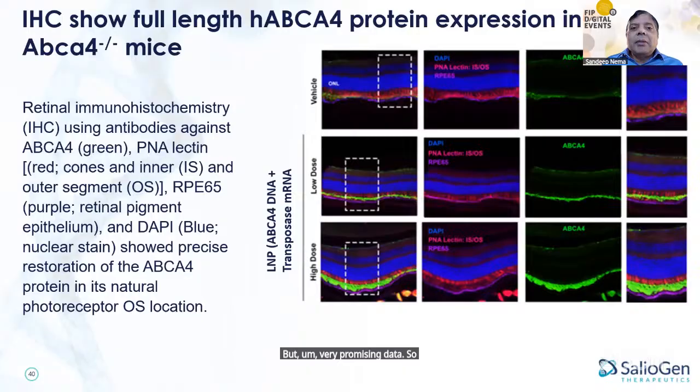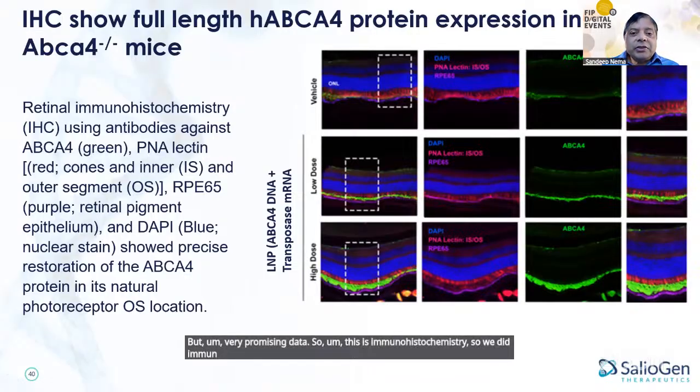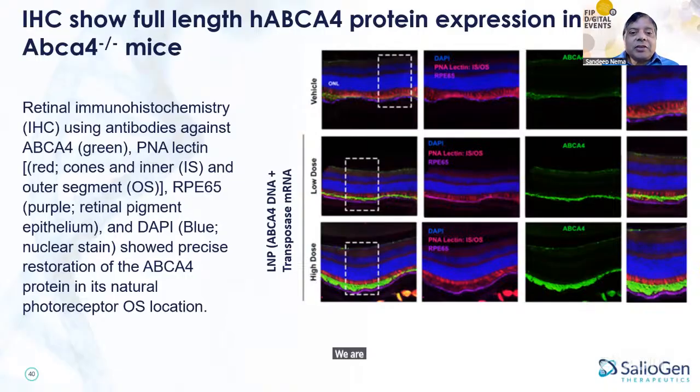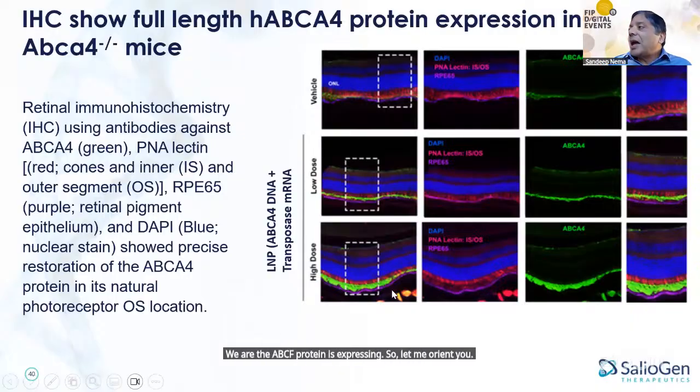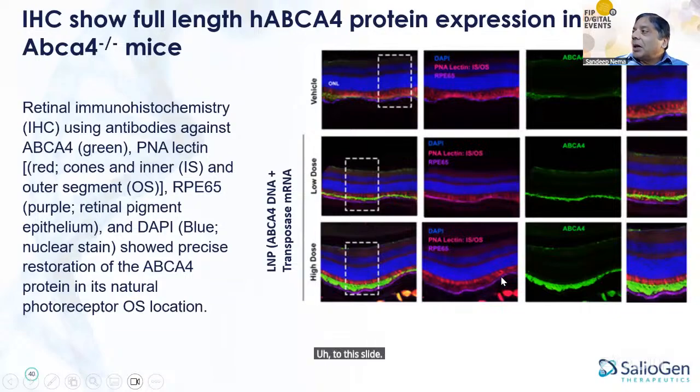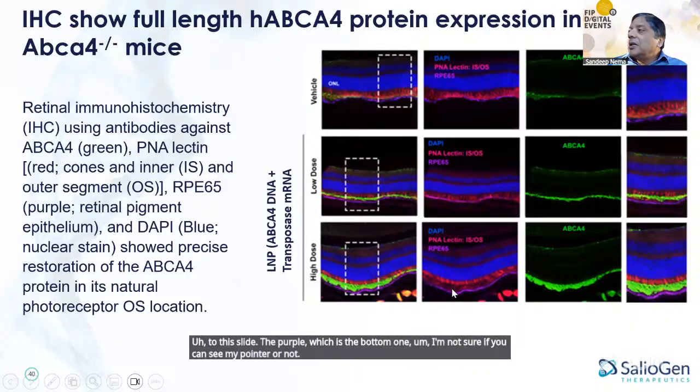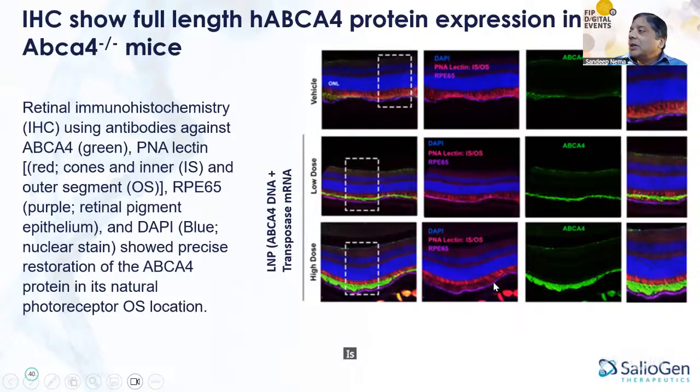So this is immunohistochemistry. We did immunohistochemistry of the retina to show where the ABCA4 protein is expressing. So let me orient you to this slide. The purple, which is the bottom one, I'm not sure if you can see my pointer or not, is your retinal pigment epithelium. The next layer is your outer segment with the photoreceptors. So we used a